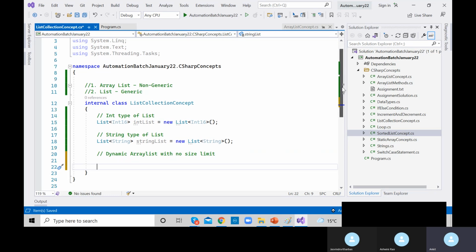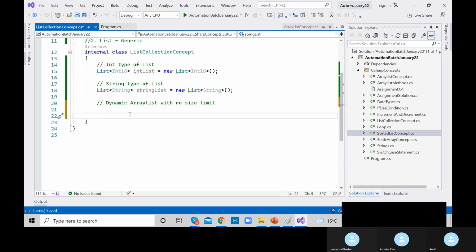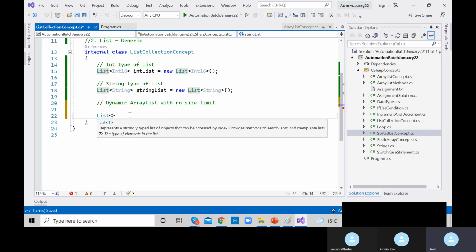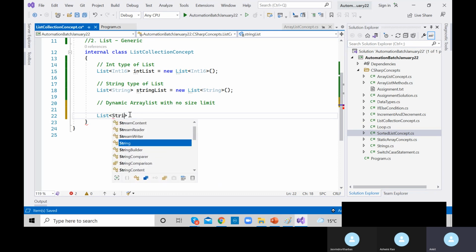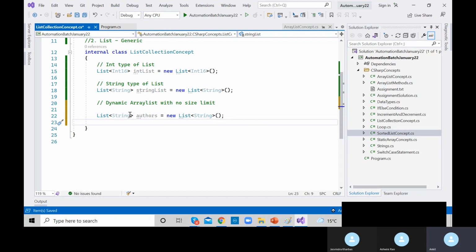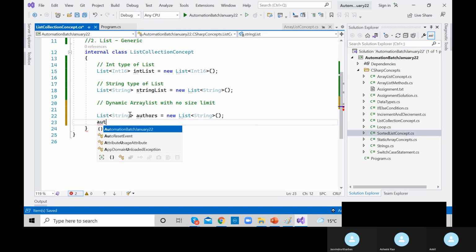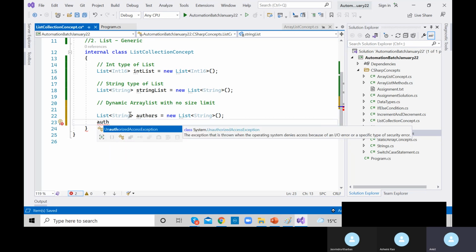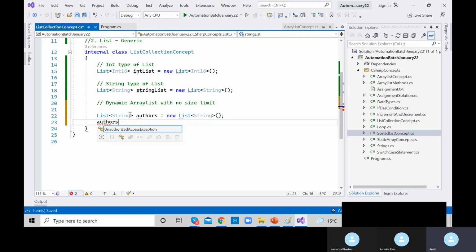Okay, let me create one more list over here. Just write list, double tap. Okay, and let us say string type of values, and author is equal to new list of string authors. In the authors I am adding, like, authors dot,